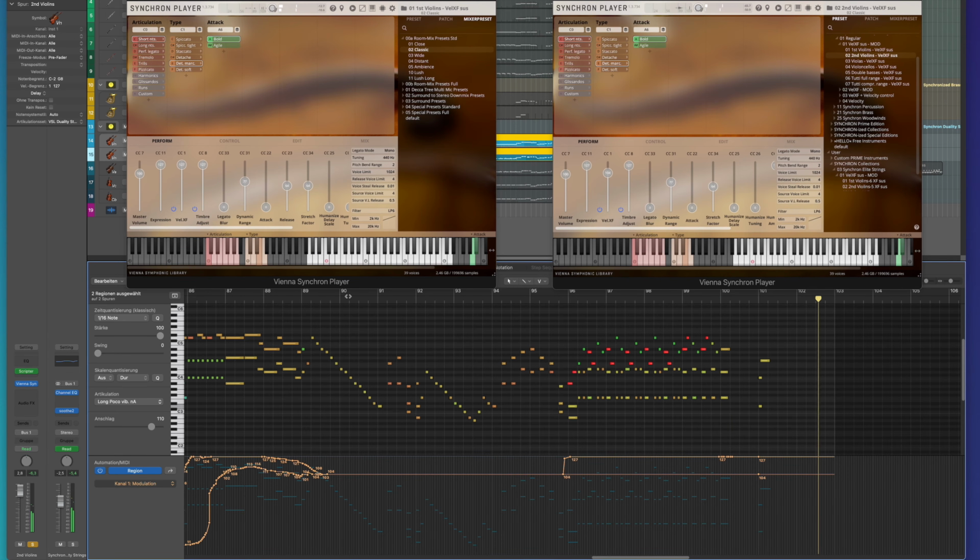I especially like the performance legato of the first violins at the very end.